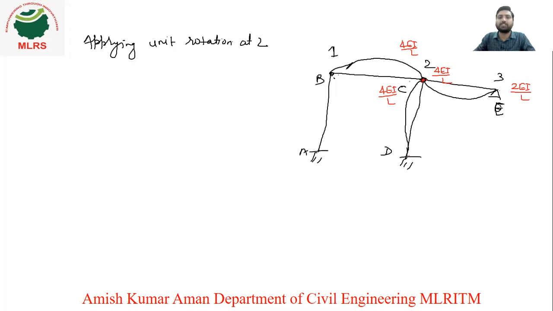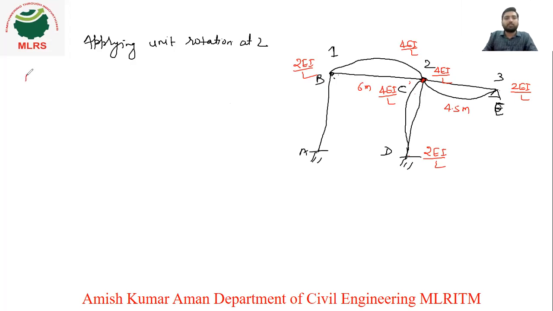For which span? CE span. For CB span, here it is 4 EI by L, so half of this will be at this point, so 2 EI by L. Again, at C, for CD span, it is 4 EI by L, so at D, it will be half of this, that is 2 EI by L. Now we only have to consider the length, because EI is constant, only we need to see the span, because this span is 4.5 meter and remaining all are 6 meter.